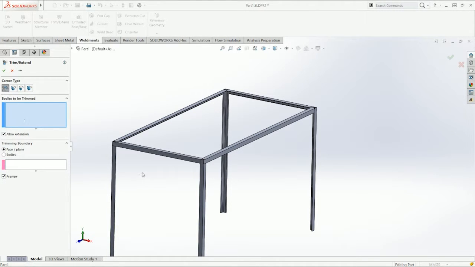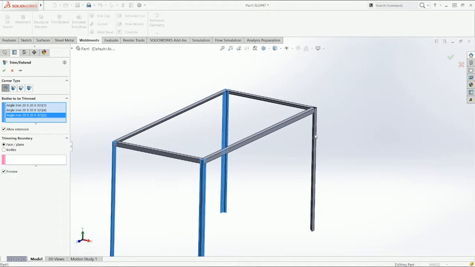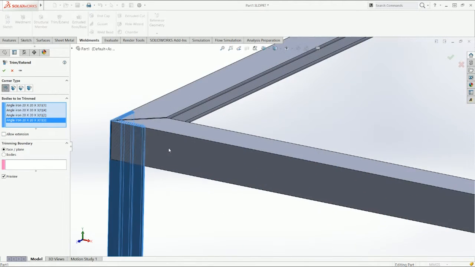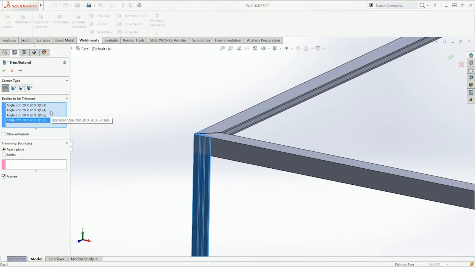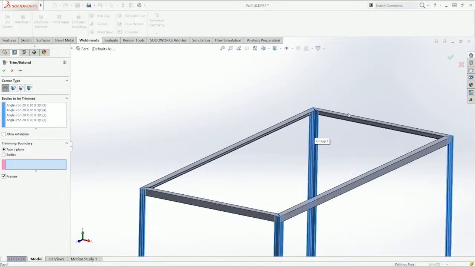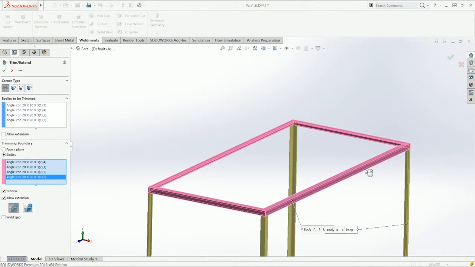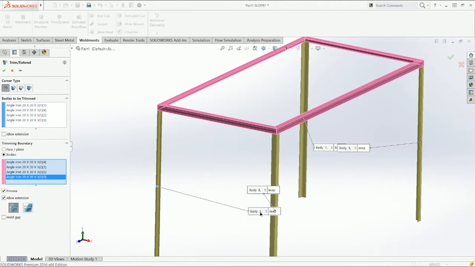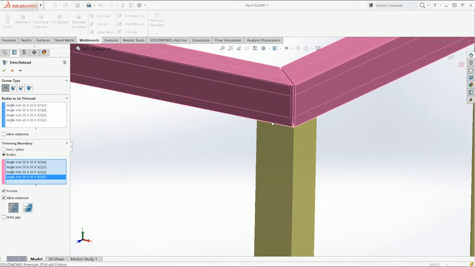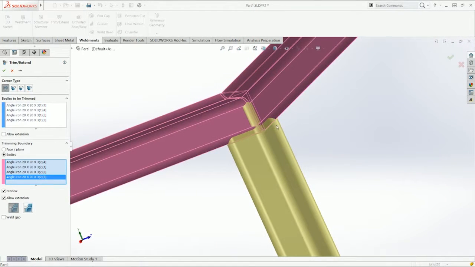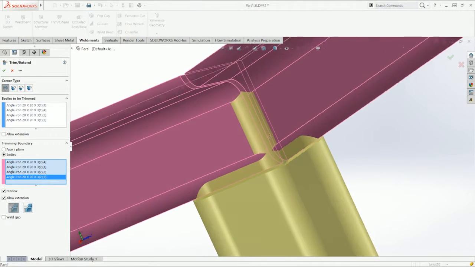Oh no, yeah, I'm going to say that one and just select on the same profiles. And as you see, you can allow extension. I'm going to show you what that means in a little bit. So right now, those are the bodies that you want to cut. And down here, you select the boundary. So you can say up to what part you want these profiles to go. So if you say bodies, you can click on the bodies, and as you see, you get these little tabs right here, which you can select and keep. And you can see the end result of the profile. It's that shape,